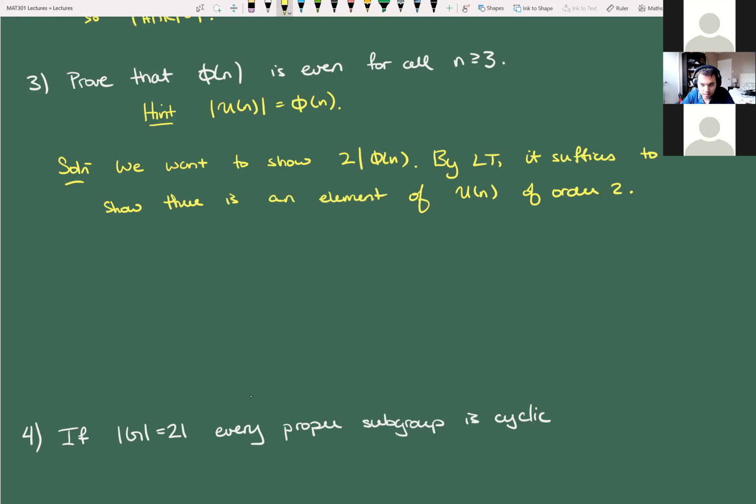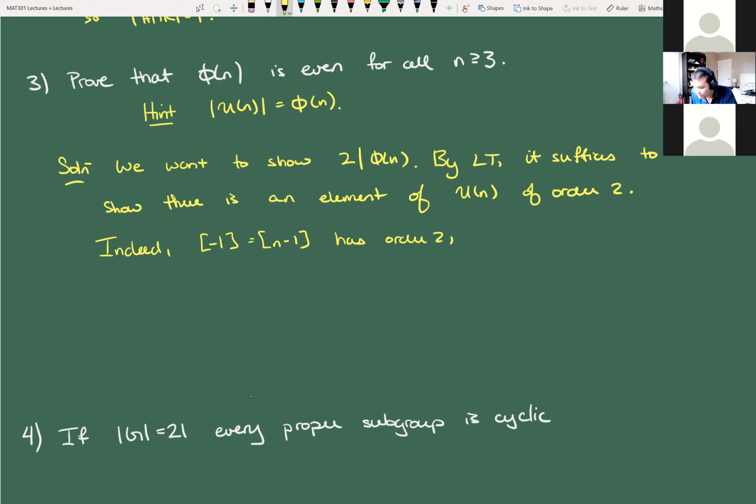Okay, can anyone think of an element of U(n) that has order 2? Any ideas? No one? No one's got any idea? Okay, well, there is a natural element, and that element is -1, right? And if you don't like -1, you're like, hold on a second, you're not allowed to choose -1. Well, it's modular arithmetic, so that's the corresponding n-1, right? So indeed, the equivalence class of -1, which is the equivalence class of n-1, has order 2,